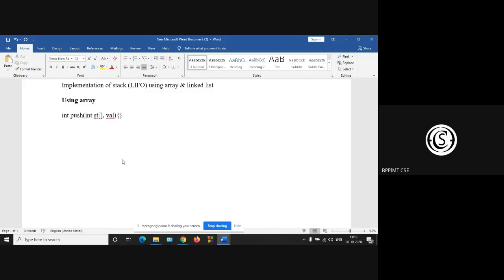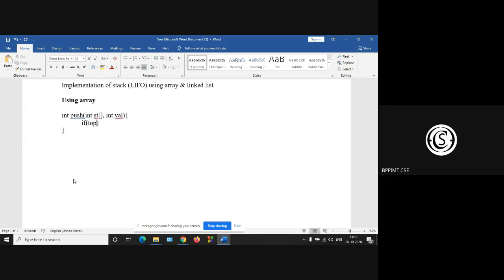So this is int st, and this will obviously be int, as we are dealing with only integer variables. You can use this as char also, character. Your top is the pointer which is used for scanning the indices of the stack, as this is nothing but an array.